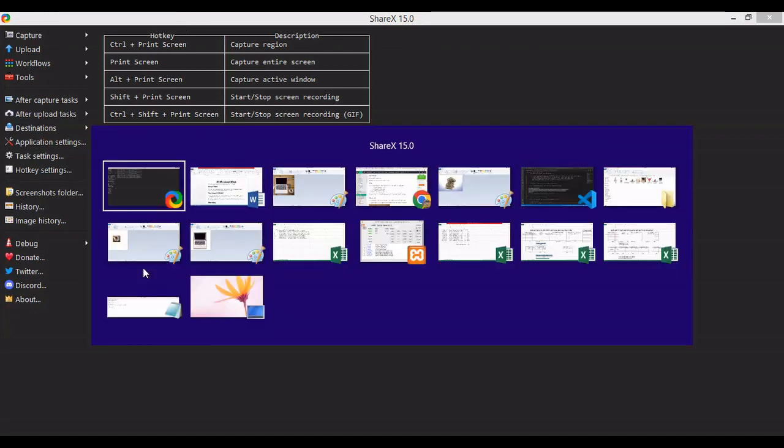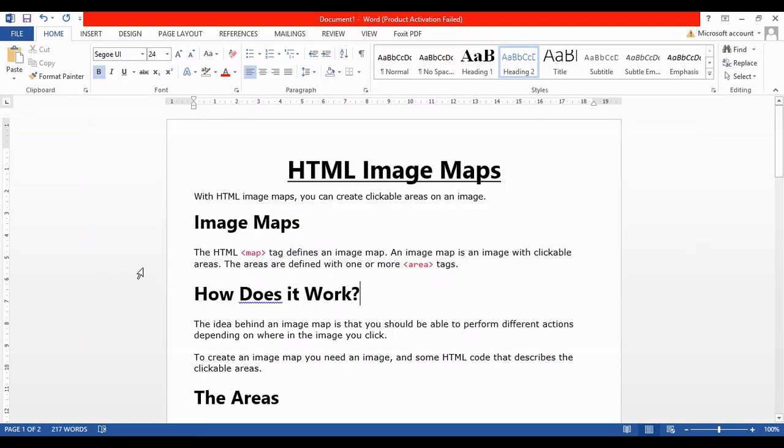Today we're going to discuss image maps. An image map helps us make a certain area of your image clickable, depending on your requirement. The idea behind an image map is that you should be able to perform different actions depending on where in the image you click. Say, for example,